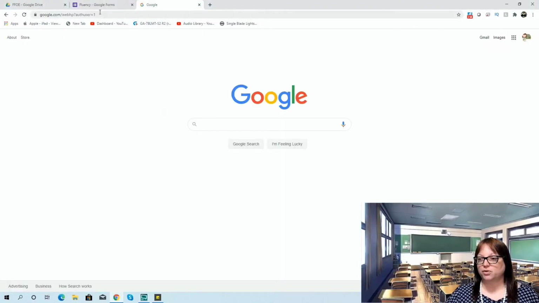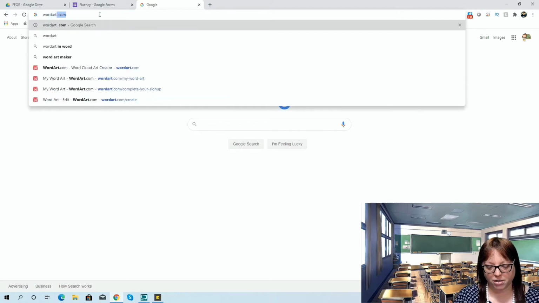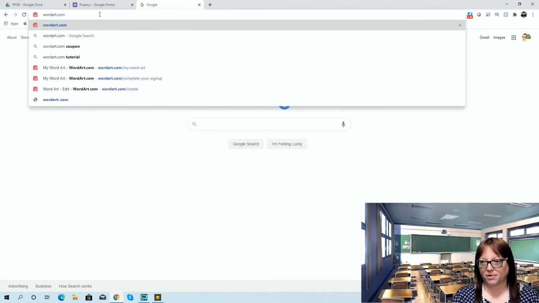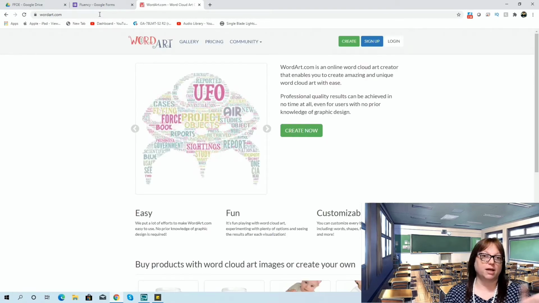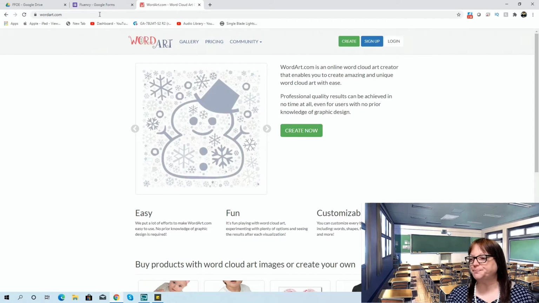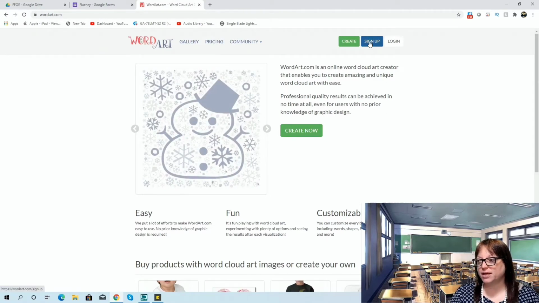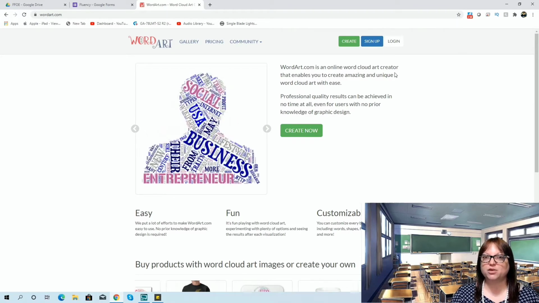So if you go to Google, if you're good with the computer, you would just type wordart.com, okay? And it'll take you straight there. Or you can go to Google and type in wordart.com in the Google search, and you can search for this, all right? The great thing about this is you can sign up for it. You can create a login with your Google, but you don't have to. They don't make you do that in order to create this word art. You can just go to Create Now,